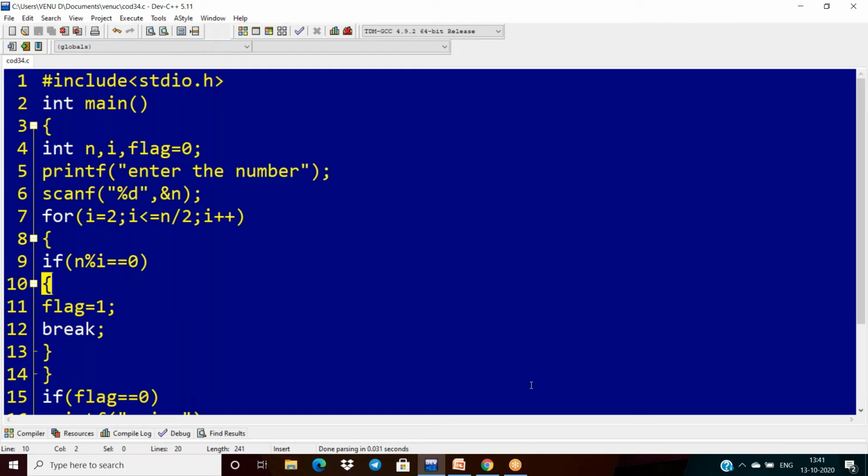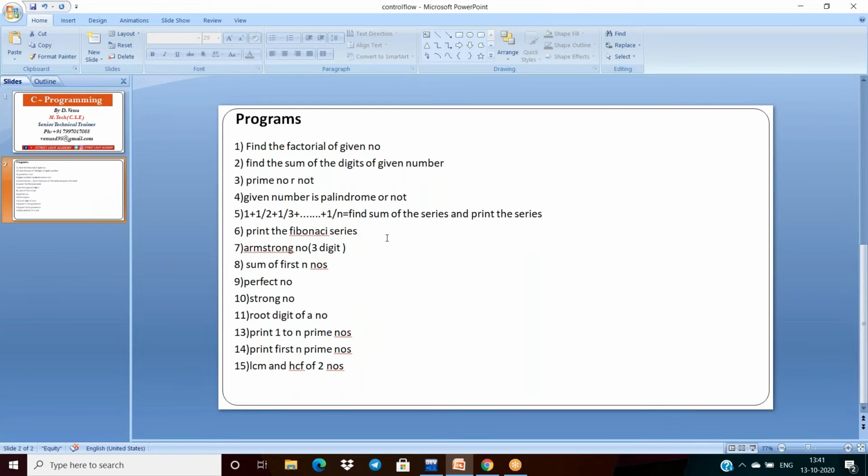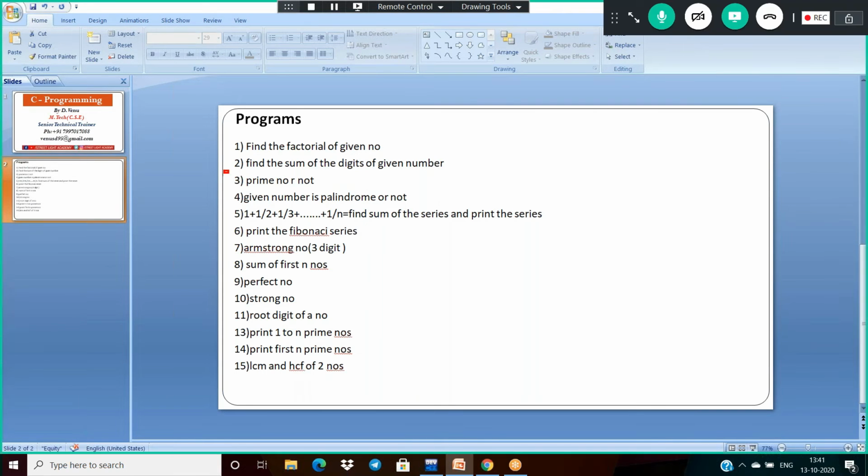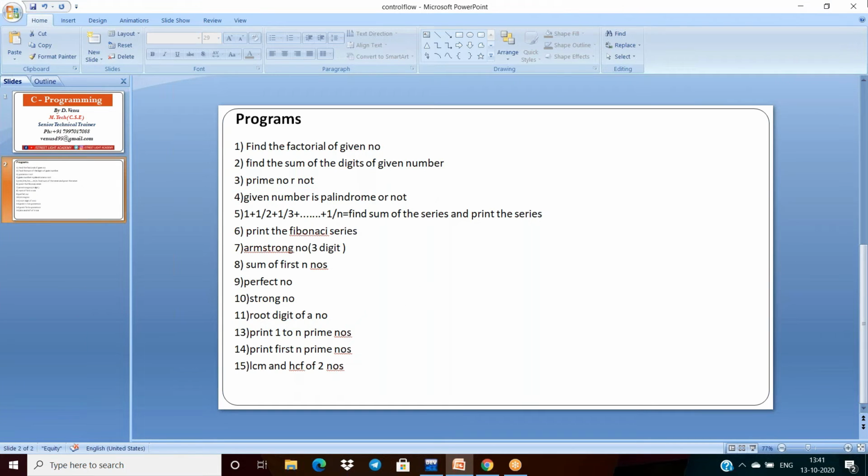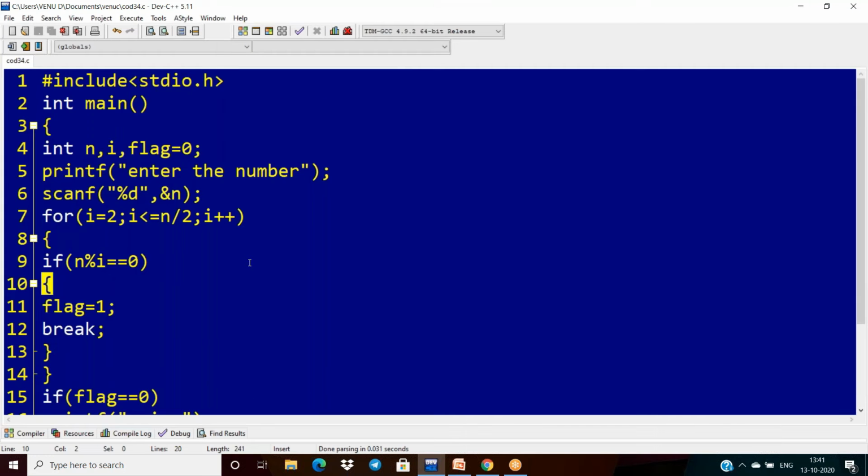Okay. Now this program of printing whether a number is prime is also over. And now I want to print the 1 to n prime numbers program here. I have to print 1 to n prime numbers. To implement this, I'm reading the number, and this number is my range in this scenario. So that is why: enter the range.